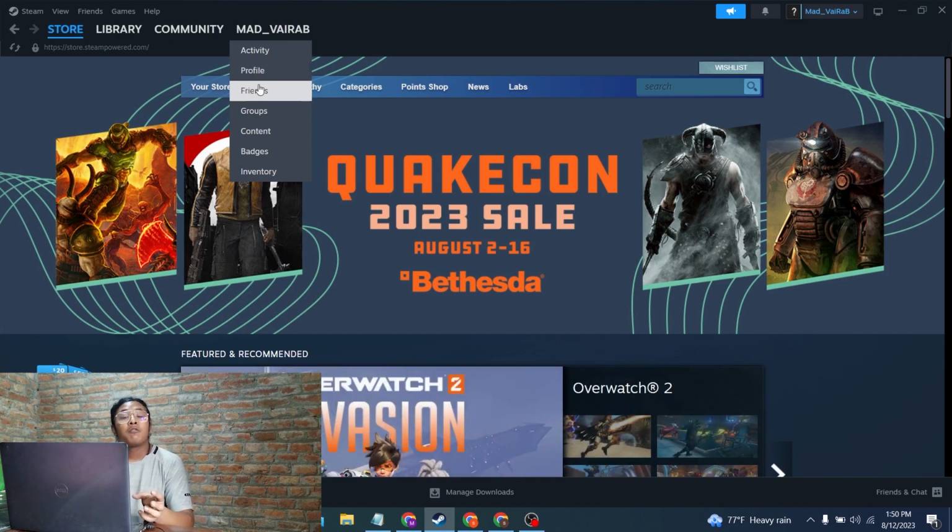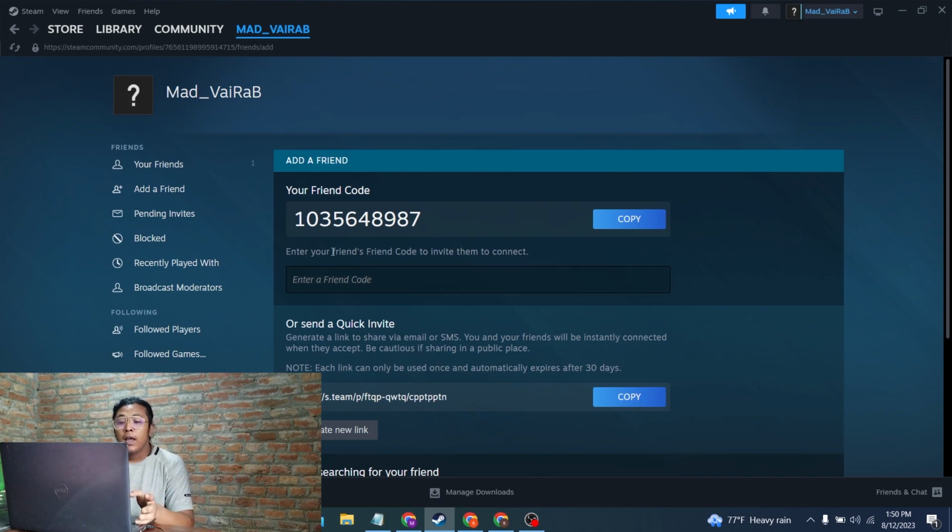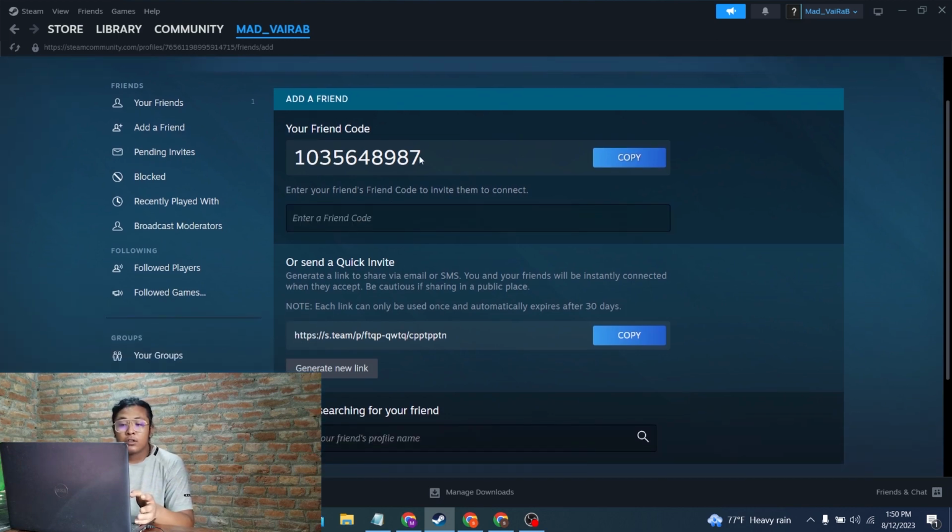Click on that friends option, and over here, guys, this is your friend list. I have not made a lot of friends recently, so with that being said, guys, in order to add a friend, you can see the add a friend button available over here just below the your friends option. Click on that add a friend button, and over here, guys, either you can send your